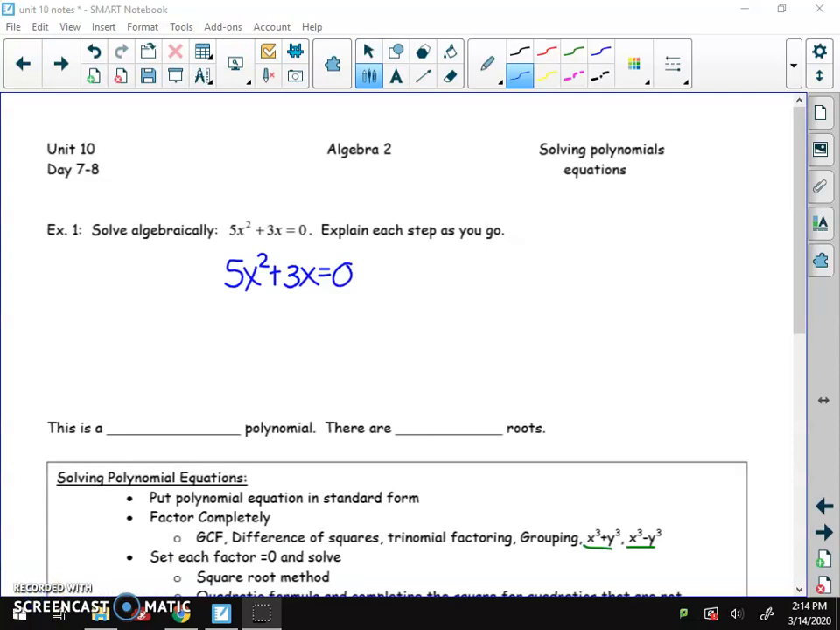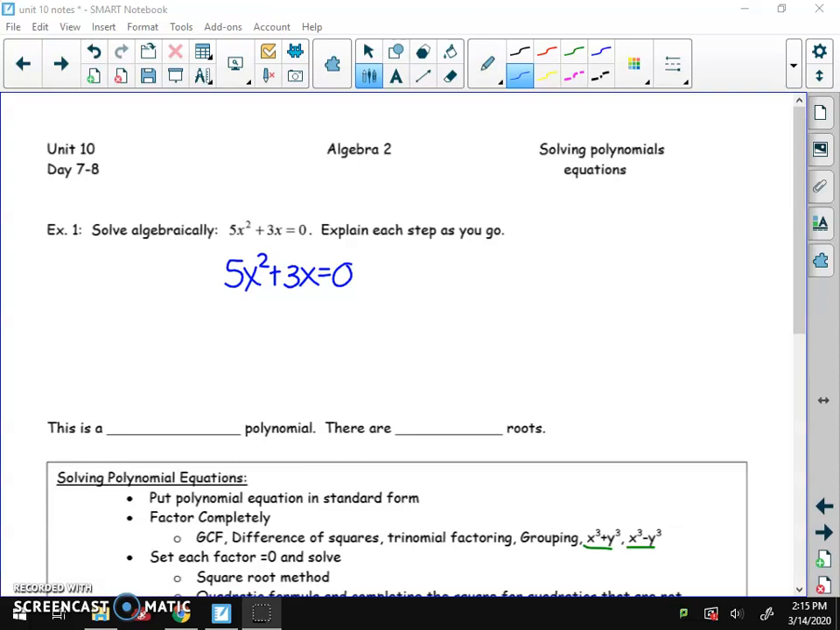In today's lesson, we're going to be solving some polynomial equations. You've done this many times before with quadratic equations. We haven't really done much beyond second or third degree equations, but we are going to go beyond that today. If you had something like this to solve, 5x squared plus 3x equals 0, first you'd look for a GCF,